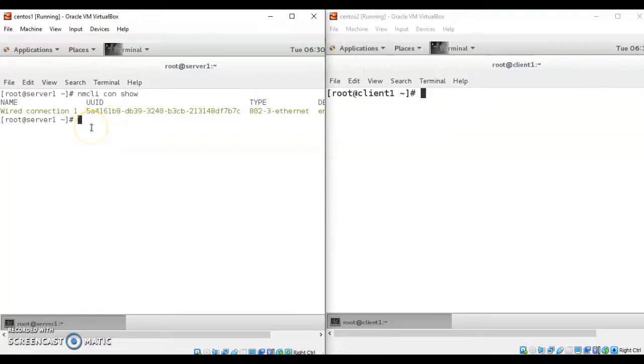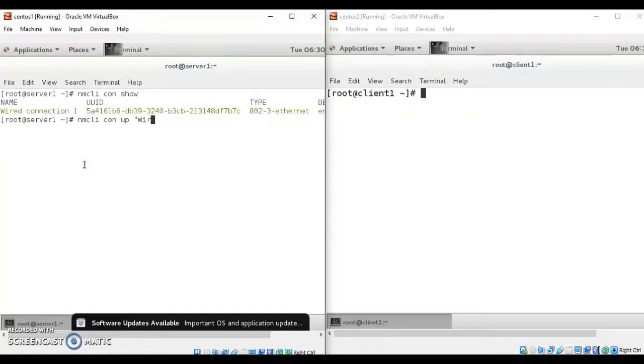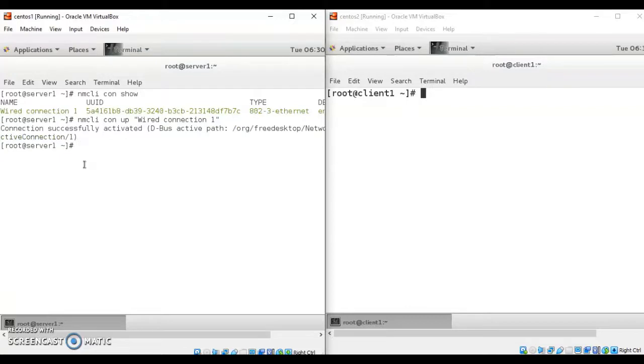So now the next step is to bring up this Ethernet card, and for that we use the command nmcli connection up, and you just provide the name of your Ethernet card, that is wired connection 1. Here you will get the message saying that you have successfully activated the network.